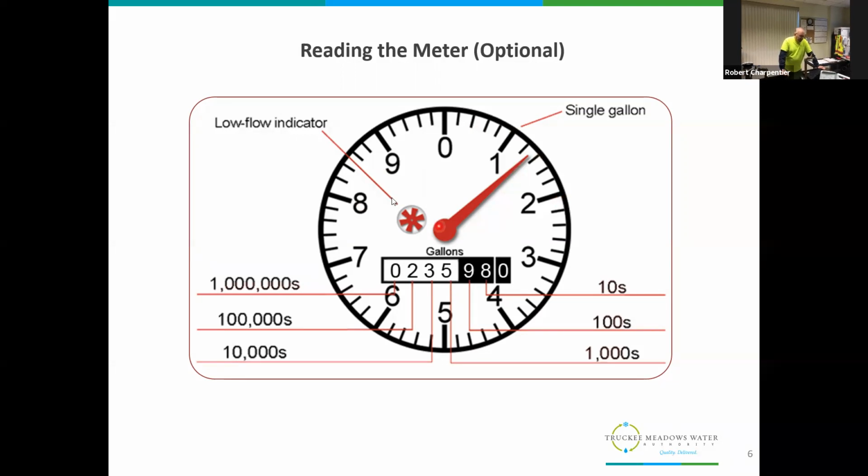To the left of center, you have what is called the low flow indicator, or LFI for short. It's a spiked little dial that will turn when there's water going through the meter. It's very sensitive to water movement. In fact, on most residential meters, one full turn of that is only a 20th of a gallon. So it'll pick up a dripping faucet somewhere, real slowly. The nice thing about this is, if it's dead still, if it's not moving before you start the winterization process, you're good. If you do see some movement there, turning slightly or a lot,